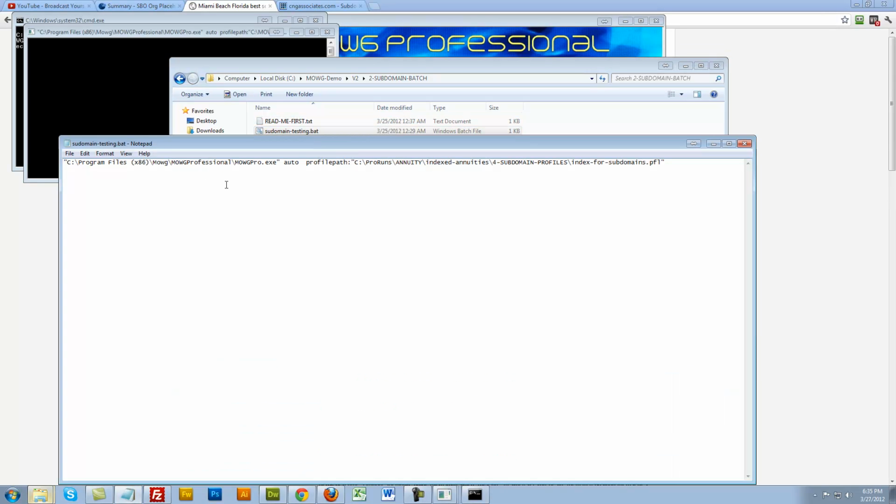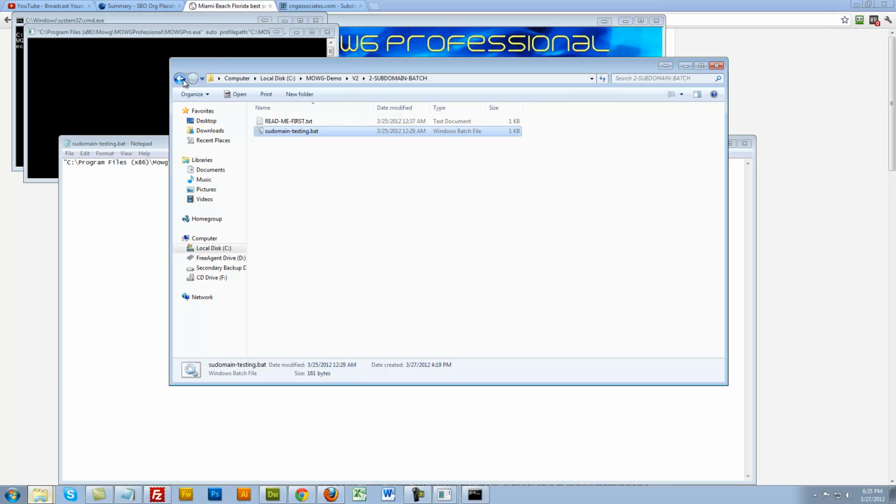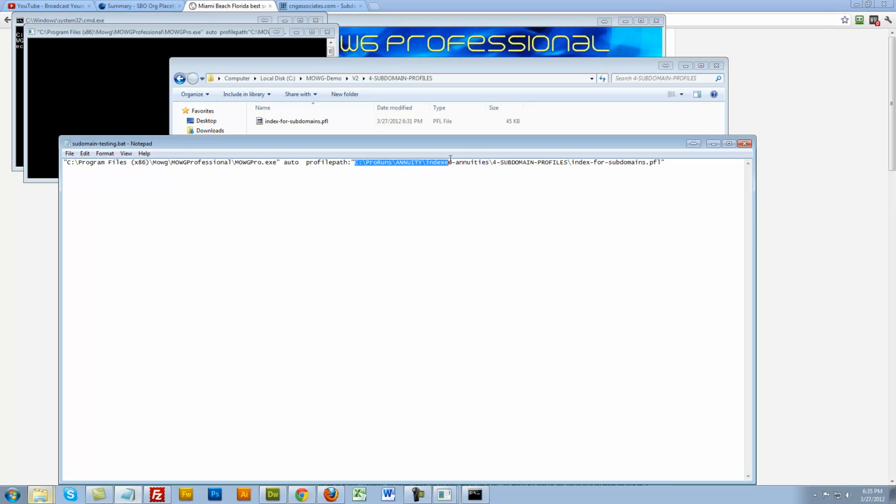So right click and edit, and I just need to get the path, right? So we'll go to the subdomain profile, copy the path, and paste. So see MOWG demo v2